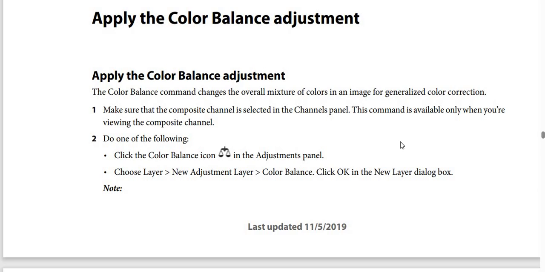Apply the color balance adjustment. By the way, the color balance command changes the overall mixture of colors in an image for generalized color